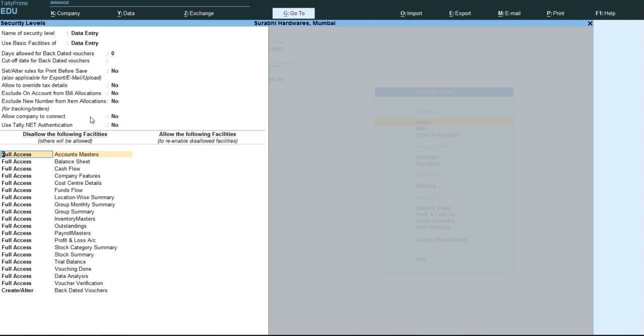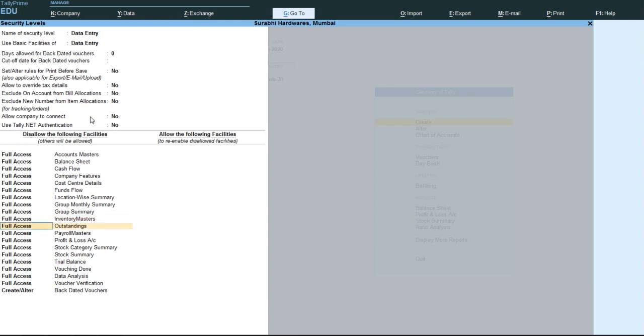This will restrict the user from accessing reports like accounting master, balance sheet, cash flow, company features, cost center, fund flow, location wise summary, group summary, group monthly summary, inventory master, and all this.